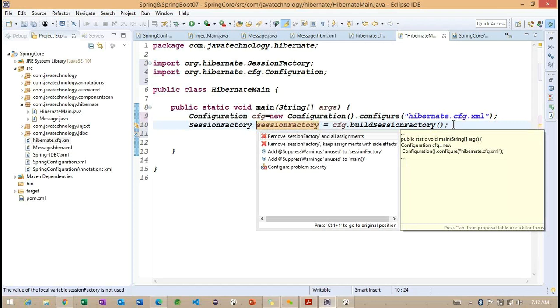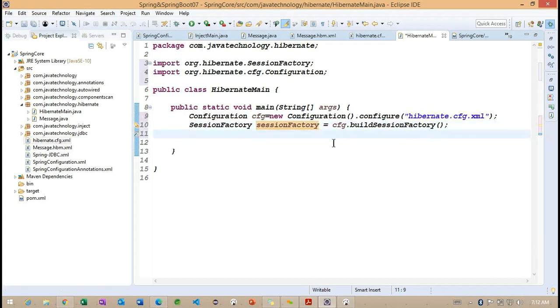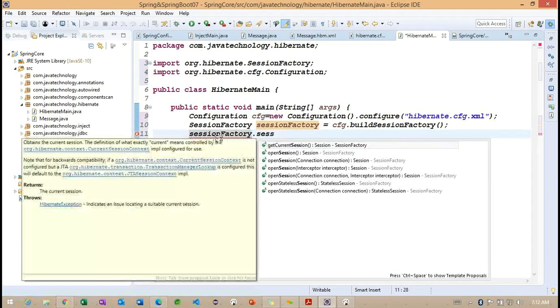Cutting the point. So Control+1, whenever we are trying to work, this particular return type will be provided automatically. Again, it is asking here to remove the session factory, but we are not going to remove it because we already provided the return type. So now we worked on the session factory, and from the session factory we are going to work with the session here.